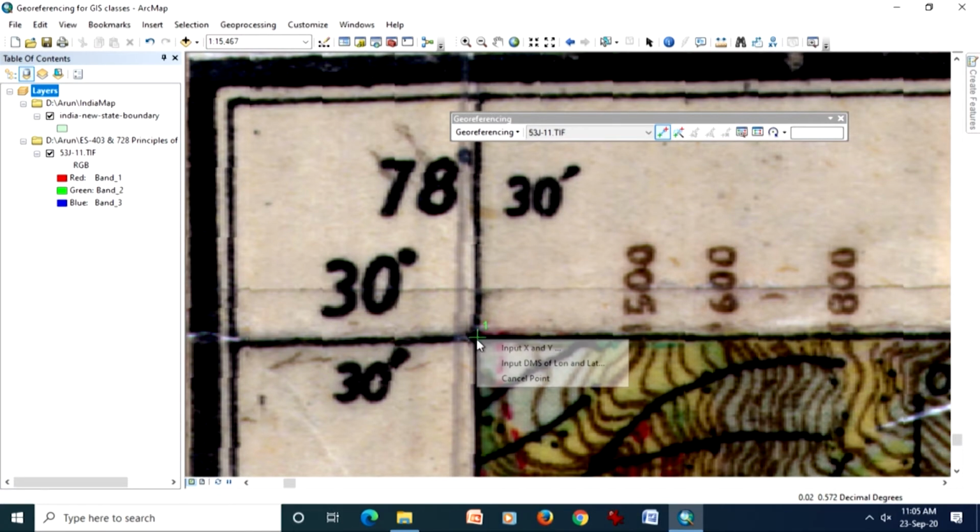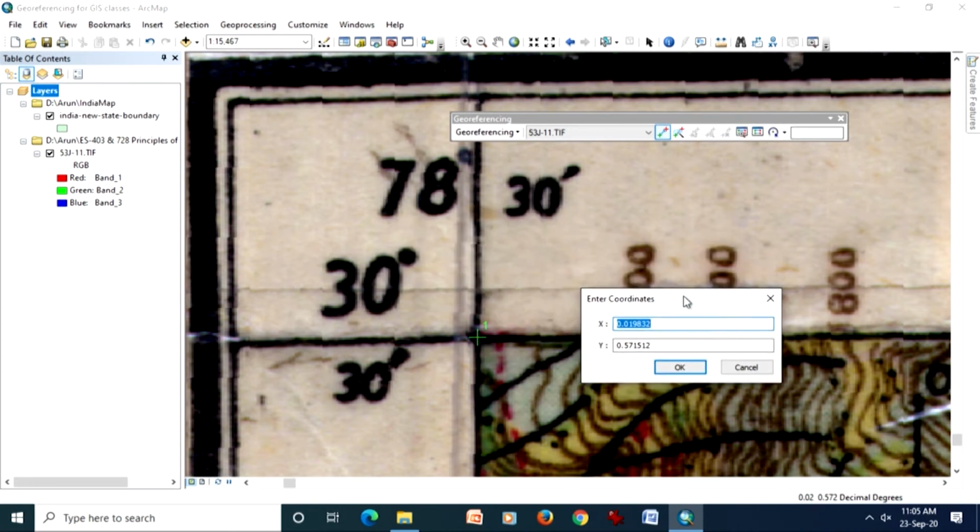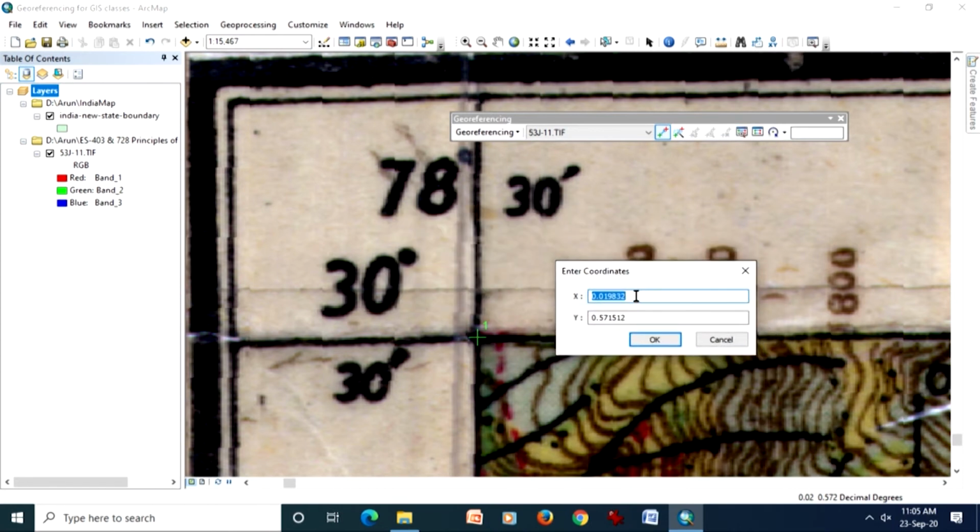Now, I have clicked first left click, then right click. Now, I have options to feed the values in DD, whereas in the display you are seeing values in DMS, that is degree minute seconds. So, I need to convert these values into DD. Very simply you can do it because it is rescaling. Instead of 0 to 60, you are rescaling 0 to 100, because 60 minutes equal 1 degree and 60 seconds equal 1 minute. So, we will just read it and rescale it.